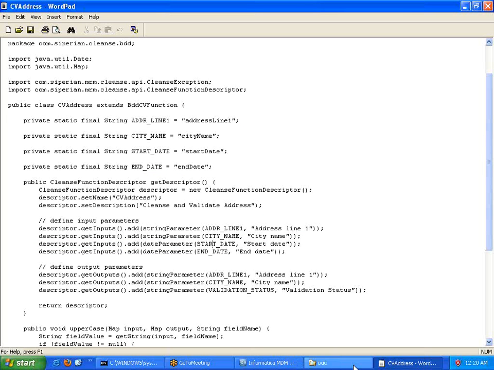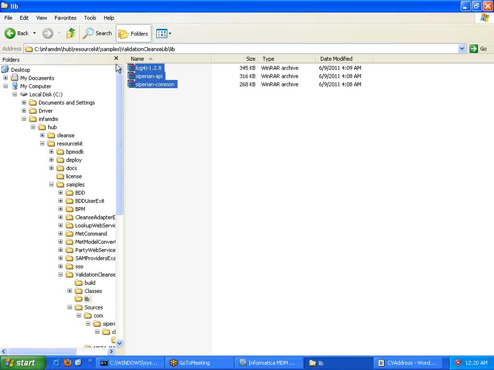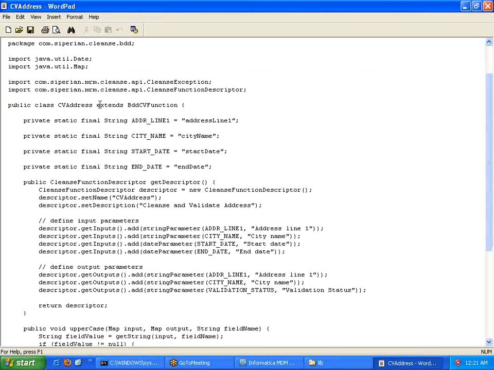The first and foremost thing is, we need to make sure that these libraries, or jar files as we call them, are placed in the class path so that we can avail the APIs we have within these jar files. Remember, yeah? That's the first thing we need to do. And once we do that, we can start opening this template and build your own class functionality.